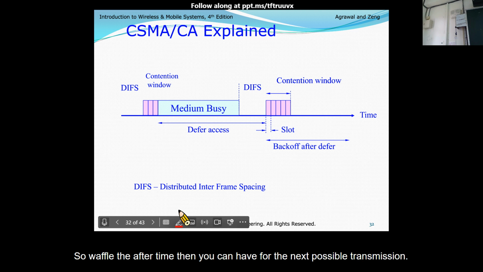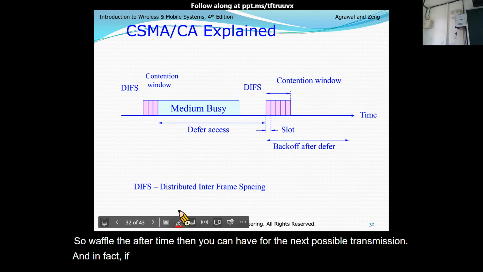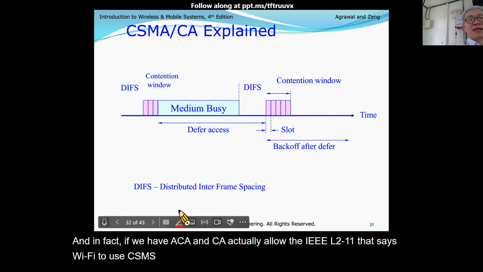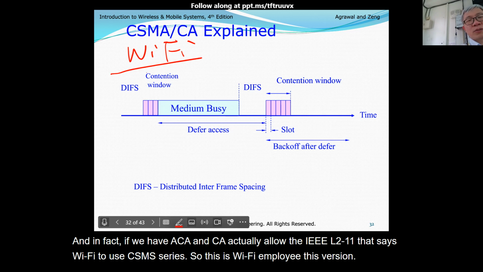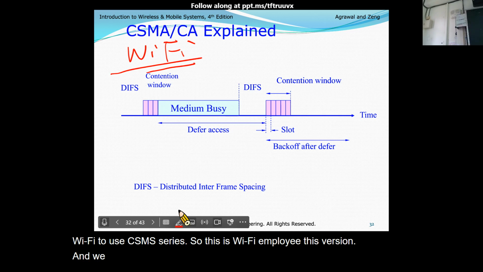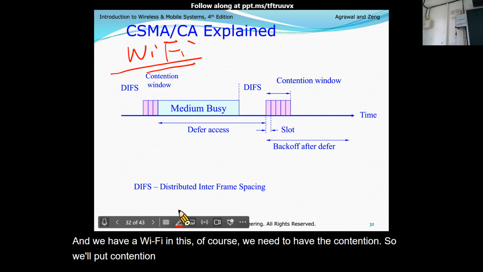And in fact, CA actually allows IEEE 802.11, that is Wi-Fi, to use the CSMA series. So Wi-Fi employs this version. And with Wi-Fi, of course, we need to have contention, so we'll put the contention window into the current discussion.